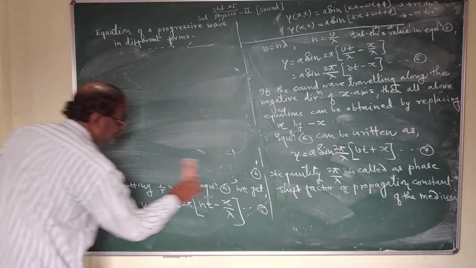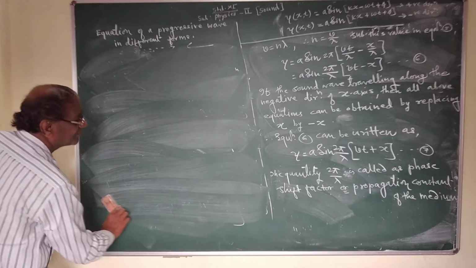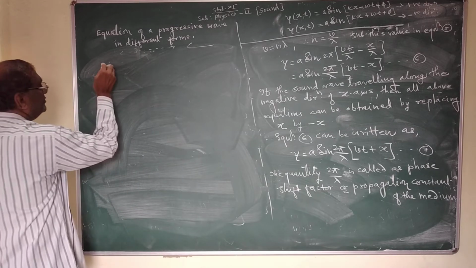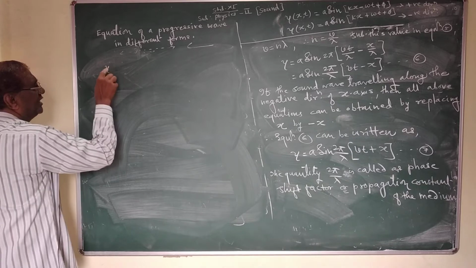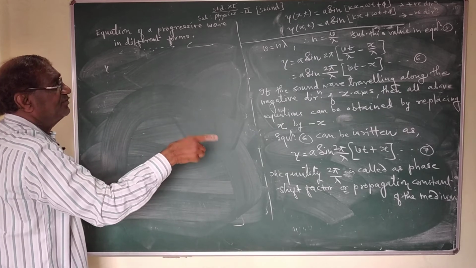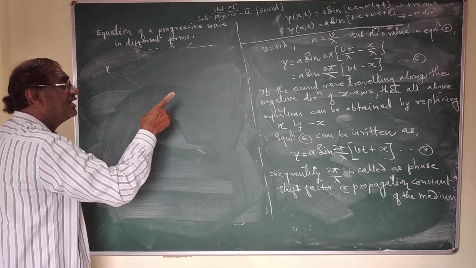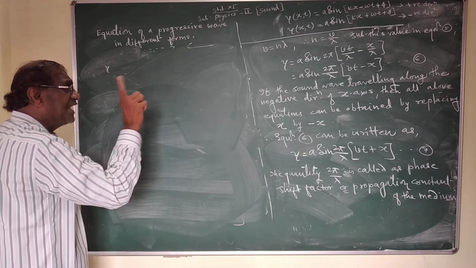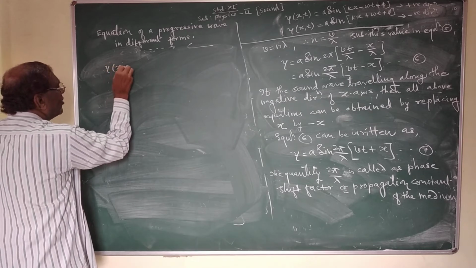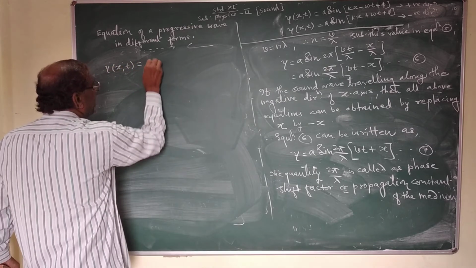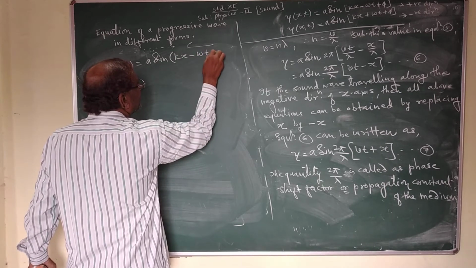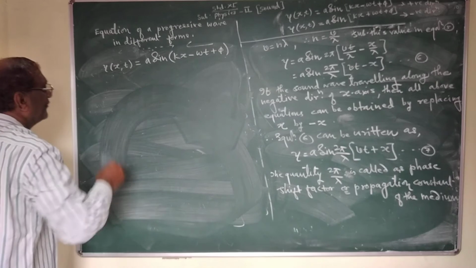Now in the book, the equation for a progressive wave traveling along the positive direction of x-axis, it means the equation for displacement of a particle as a function of distance x and time t, is given by y as a function of x and t is equal to a sin kx minus omega t plus phi, where